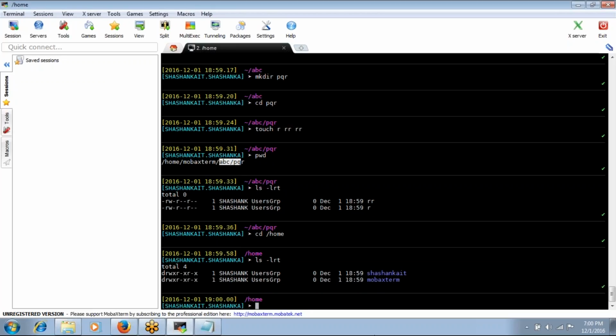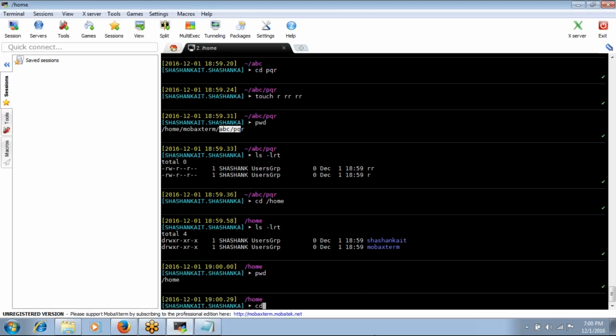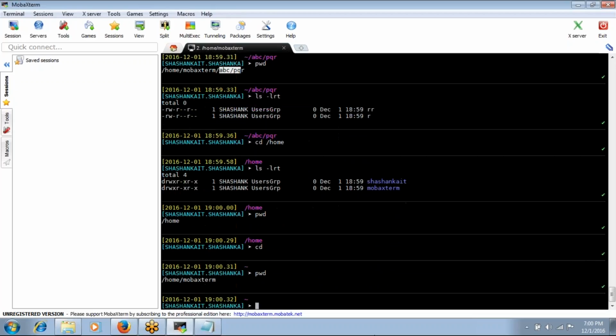Okay. To copy the directory, we can use cp -r. Now I am in this root directory, in this home directory. I want to copy a directory, so you can use the -r option. My source directory is what I want to copy. Now you are in this directory and addressing some other directory, so you need to give the full path, right? Now under mobile extern I have the ABC, so directly I can give ABC.